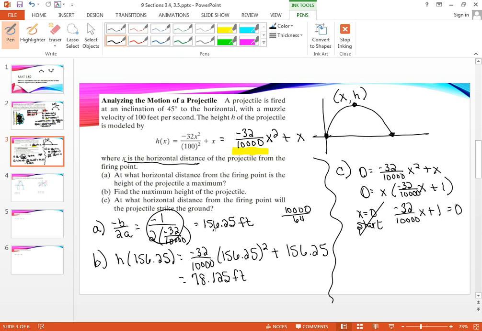So subtract 1 from both sides. Multiply both sides by 10,000 over negative 32. And you should get 312.5 feet. Okay? So this section, again, it's a bunch of word problems. Next